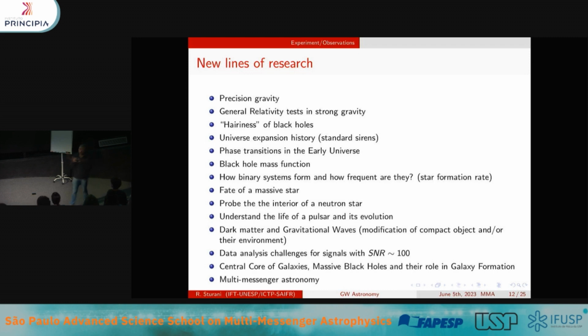And then it's a probe of neutron star interior, because the neutron stars, while they go around each other, can start oscillating. I mean, contrary to black holes, neutron stars are made of matter, of real stuff. And the stuff feels tidal forces and can oscillate and can suck energy from the orbital motion, and you can see this oscillation, and this oscillation will be dependent on the equation of state of the matter inside the neutron star. So gravitational waves can in principle be a probe of the equation of state of nuclear matter at densities which are not achievable in